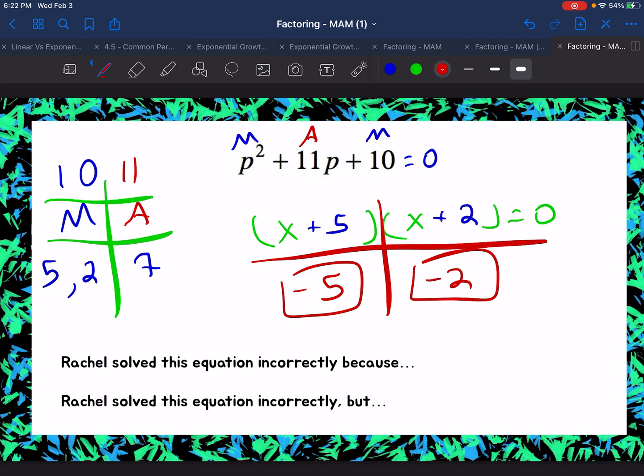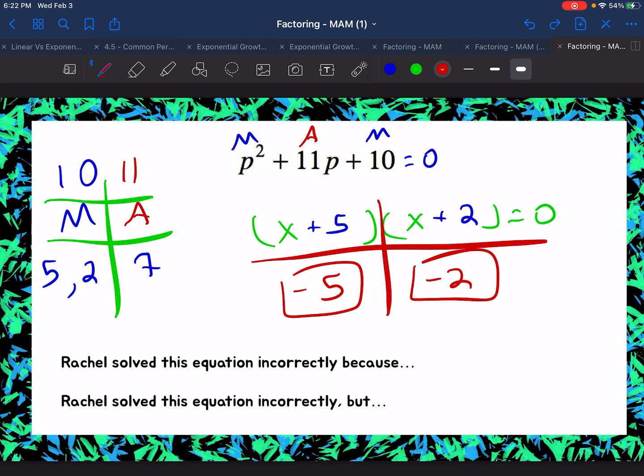So I made a mistake. See if you can finish this sentence. Rachel solved this equation incorrectly because, and let's see if you can finish this sentence. Rachel solved this equation incorrectly, but,